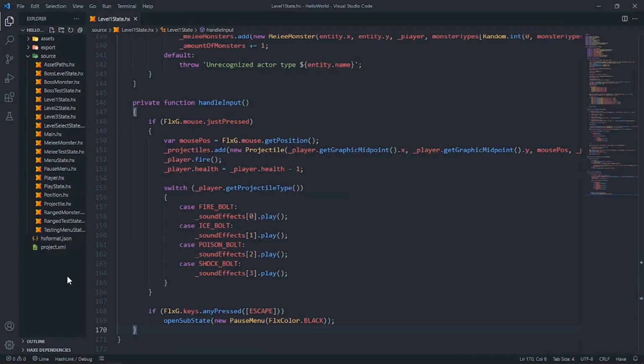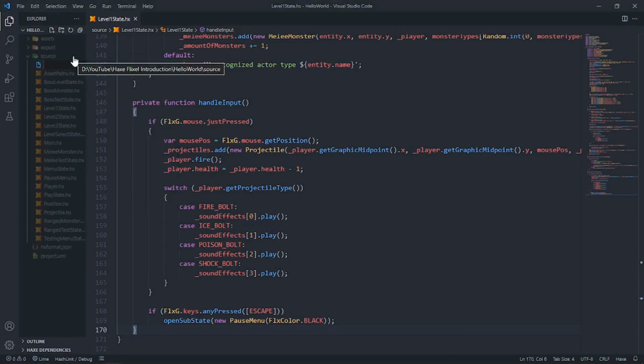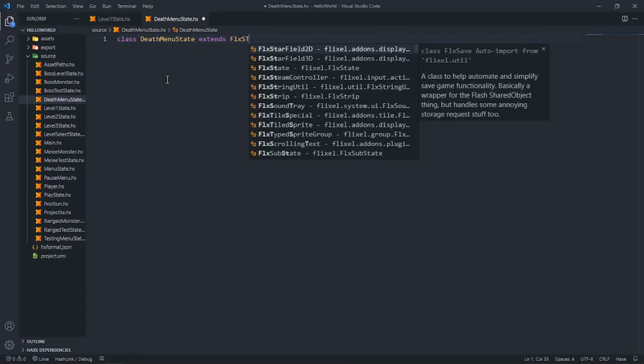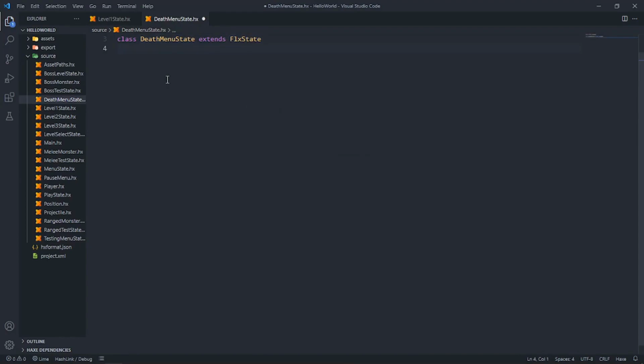Okay, so the first thing we will need to do is create the states for the game. So first up, new file, DeathMenuState.hx. Class DeathMenuState extends FlxState, and as you saw, I have the autocomplete back. So yay for that, but I'm still going to copy paste because